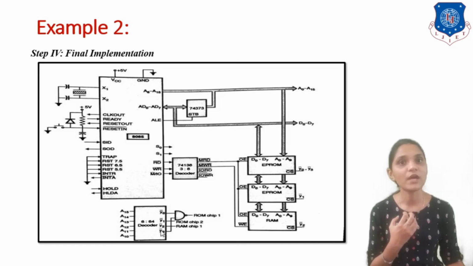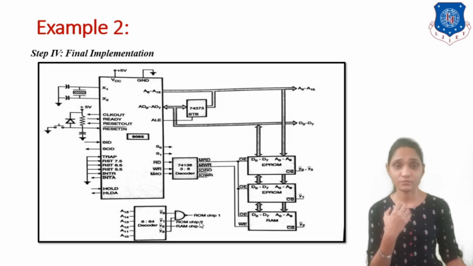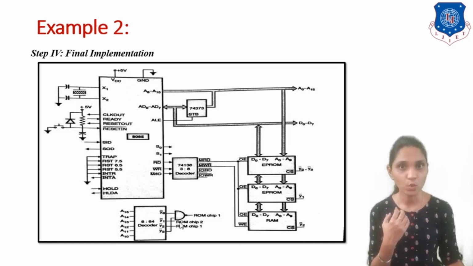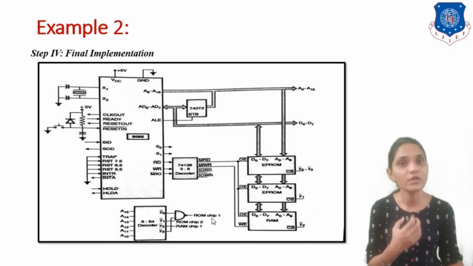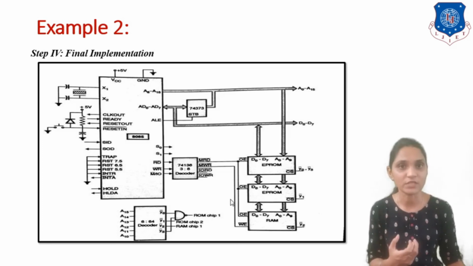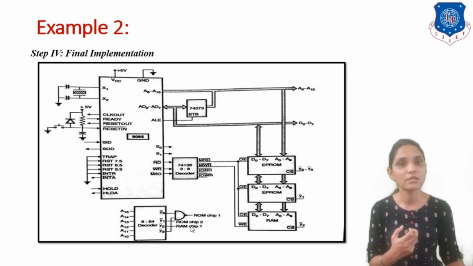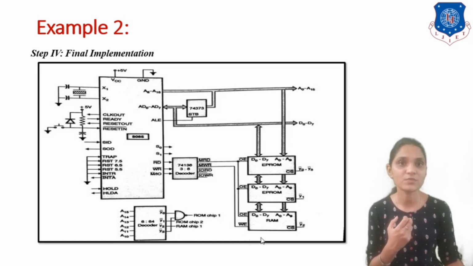Okay, the chip select remains. For chip select we have to check which chip you require to select. For RAM we have chip selection as Y2. For ROM, we have chip selection Y1. For ROM chip 1 we have chip selection Y0 or Y3. Okay, so we are using here a NAND gate, so that if any one is 0, output will be 1, or you can say activated. Any one will be activated. So by using this 6 to 64 decoder, we can provide this chip selection over here, then chip selection over here, and this chip selection over here.